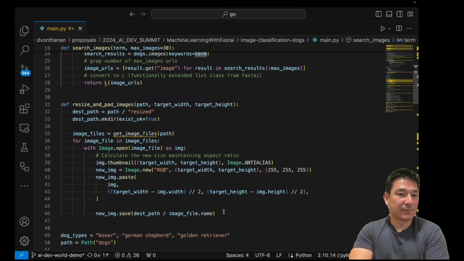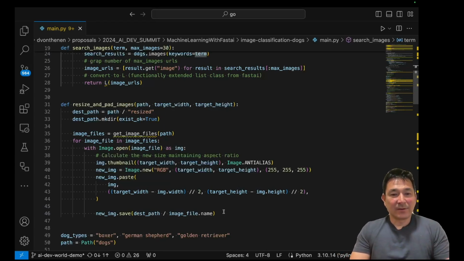Next, we have a function to resize all of these images. Why this is required is because if you're doing an image classification problem, or comparing images in general, you're going to have these images downloaded from the internet in all different sizes, right? So it's very difficult to compare an image that's, say, 480 by 320 resolution to something that's 1024 by 768. So this function resizes all of the images to a particular size, and if needed, it will pad and fill images that are smaller.